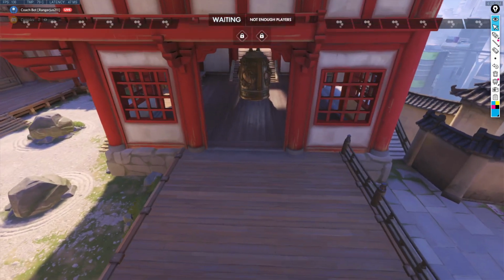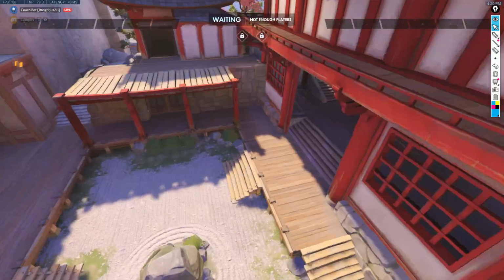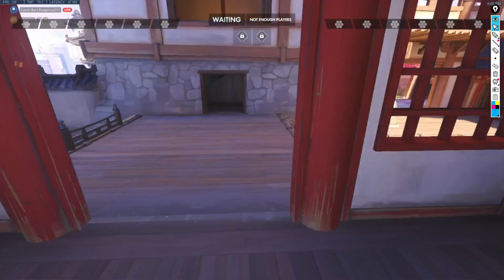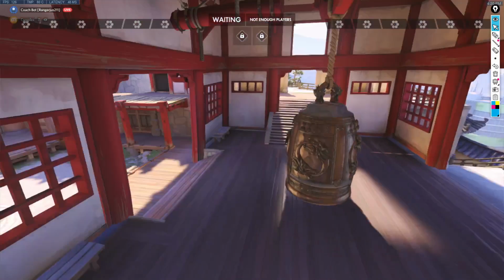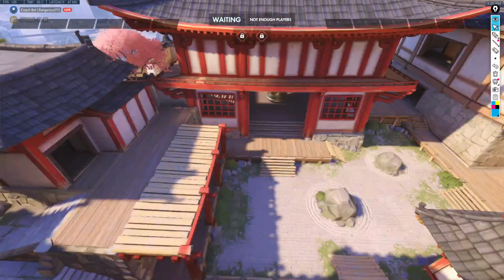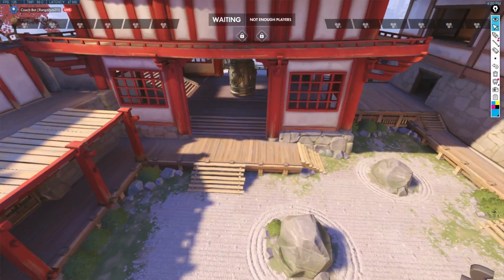So when we're holding left side, it's really going to come down to, you know, like if we drop down and we're backing to point, it's going to be the support's call, give or take, which side they're holding and which side the tanks play from. Because on a map like Hanamura, more often than not, it's easy for the tanks to traverse this area,